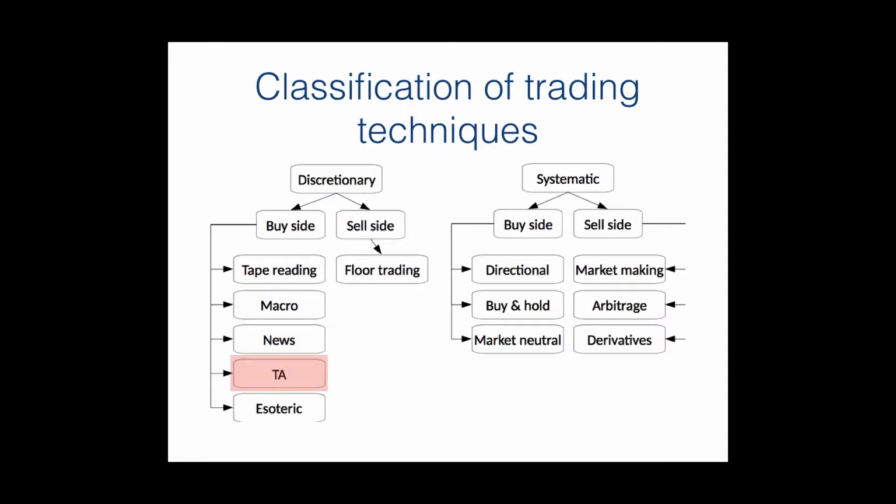The fourth class includes techniques based on technical analysis. Note that we classify them as discretionary and not systematic methods because, as you know, most technical analysis indicators only generate signals which do not ensure consistent wins and therefore should be filtered. Such a filtration requires traders' discretion in most cases.